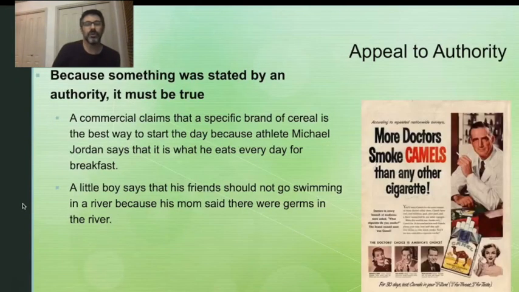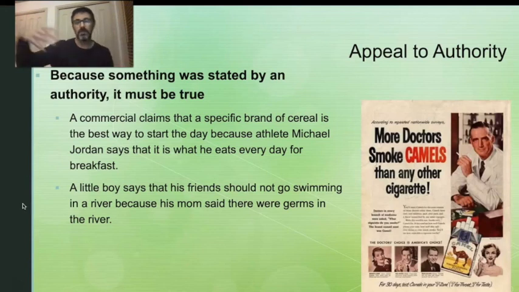All right, the appeal to authority then. This is an important one for the distinction of, yes, you want to look for authorities on a subject when you're finding evidence. The fallacy happens when you're saying, because this person has authority, everything they say is true, or because they lack specific authority in this area, everything they say is false. It's the hyperbolic attributes. Commercials, we're going to see this all the time, right? Doctors recommend, celebrities endorse. Think about McDonald's endorsing the Olympics and all these Olympic athletes holding up McDonald's food. And then as soon as the camera's off, their trainer's swatting it out of their hand, right?